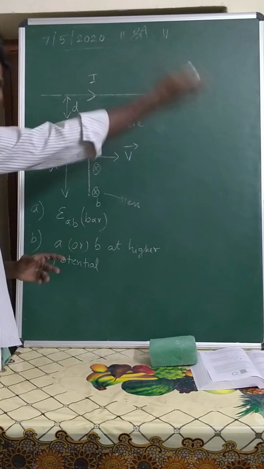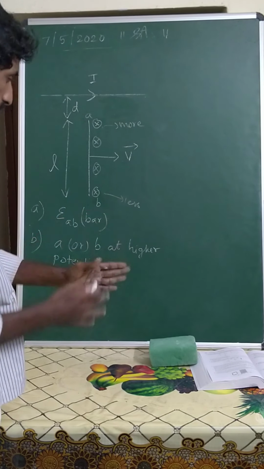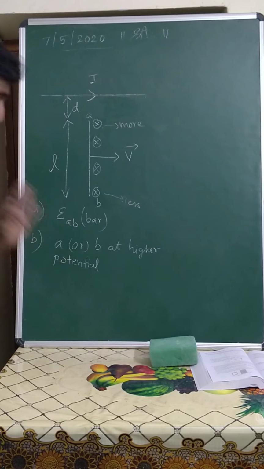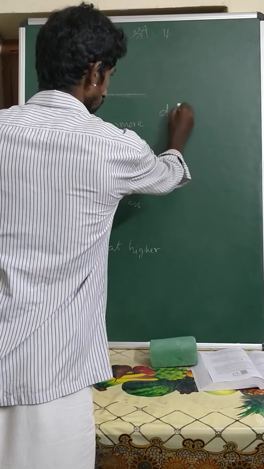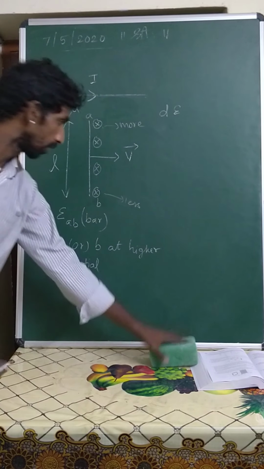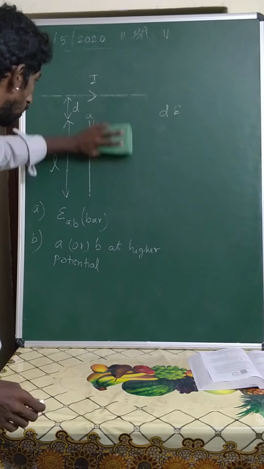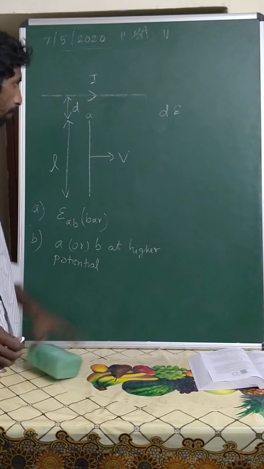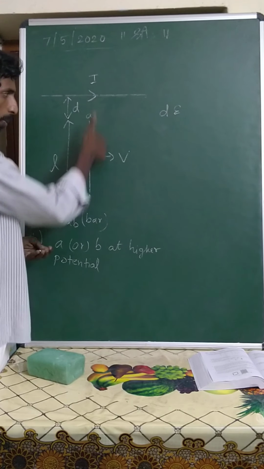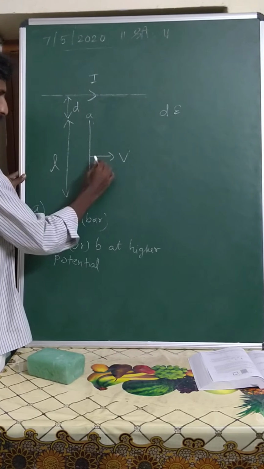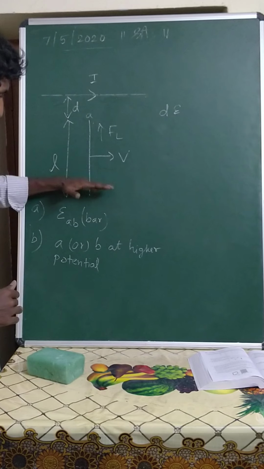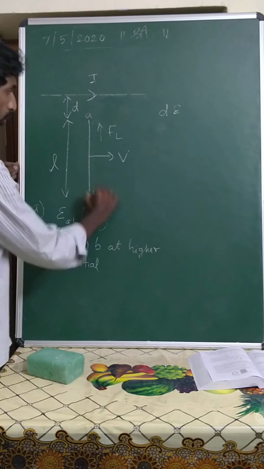If a loop is moving, we are going to see that in the next problem. Two things they have asked. First, how much EMF is induced, and second, which end has higher potential, A or B. We already solved this problem previously. I rub out the cross marks and other things. The rod is moving with the velocity in this direction. So V cross B, with V the velocity vector and the field inwards, will be in the upward direction. So the charges will experience a Lorentz force in this direction, and will keep on moving from point B to point A.